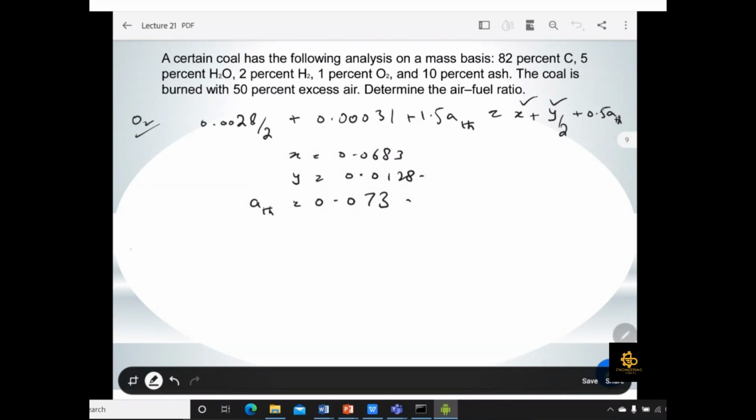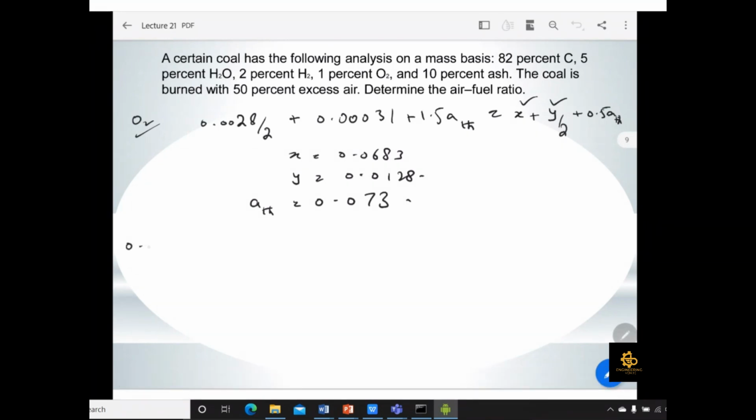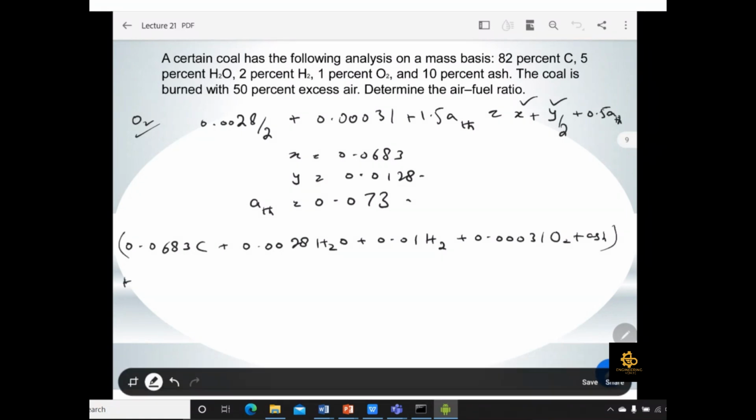Okay, so if I can just make the equation, it becomes 0.0683 carbon plus 0.028 H2O plus 0.01 H2 plus 0.00031 O2 plus ash. Okay, so here is the fuel, and you have to burn it with air. Okay, so for the air, using the ATH value, you just have to multiply 1.5 with the stoichiometric coefficient and you will get